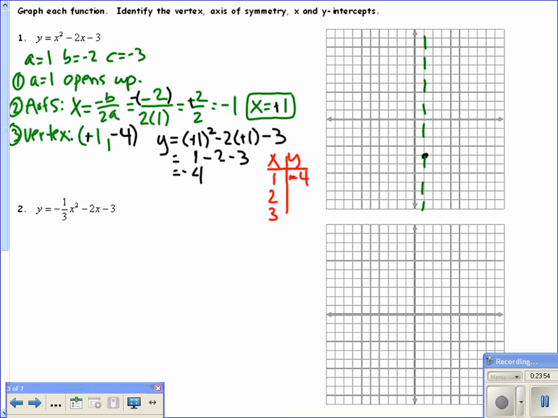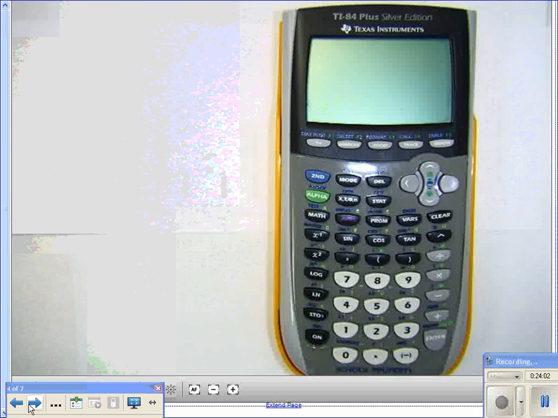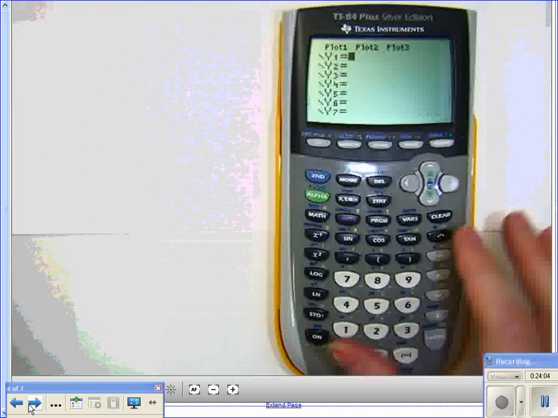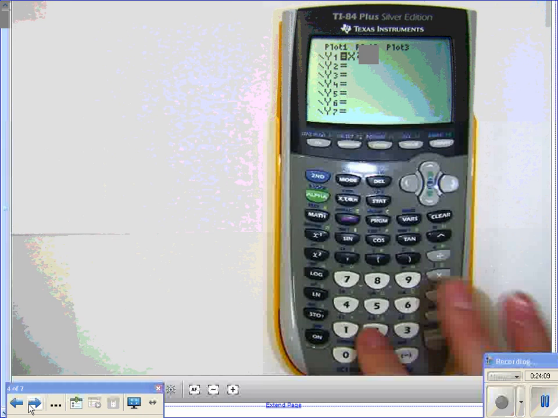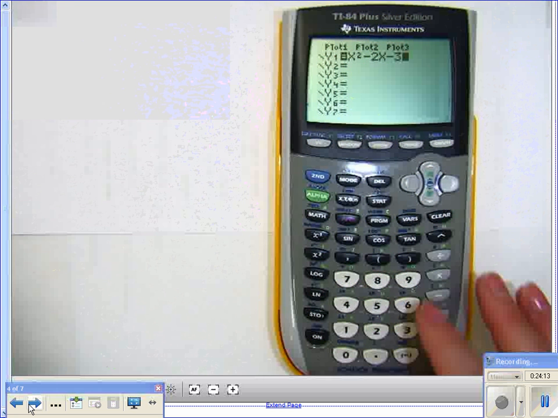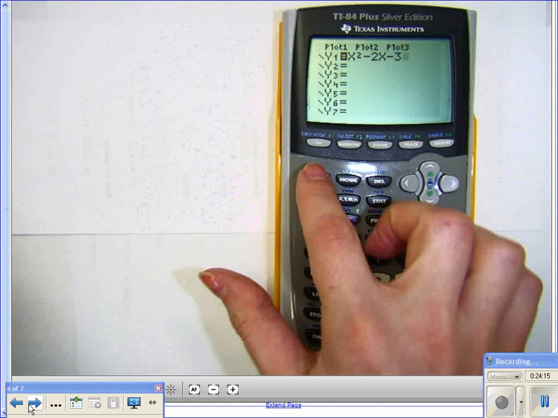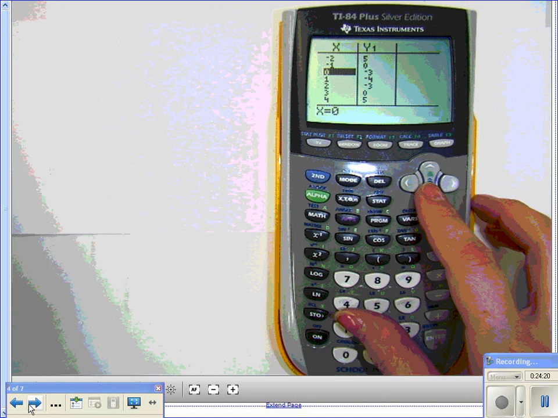So an easier way to do this instead of doing it by hand is just plug it into your calculator. You might as well if we have our calculator. So that's what I'm going to do real quick. I'm going to go to my y equals in my calculator. I have x squared minus 2x, and then minus 3. So if I go to my table, second graph, I know my vertex should be at (1, -4),